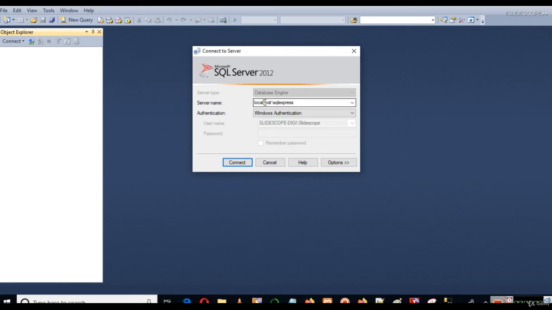In this, my server name is localhost\SQLEXPRESS. Authentication is Windows authentication. We can choose SQL Server authentication also. Remember, during installation, the option we selected was mixed authentication. So keep this as Windows authentication and then hit connect.